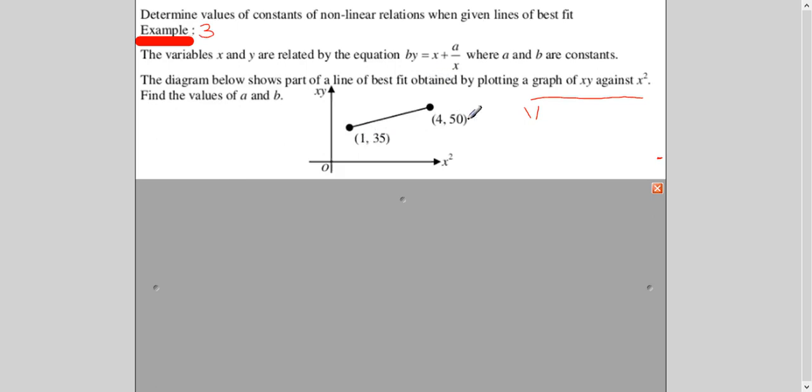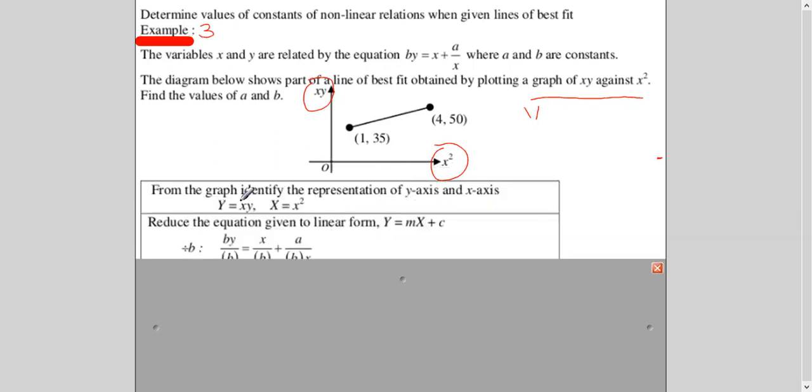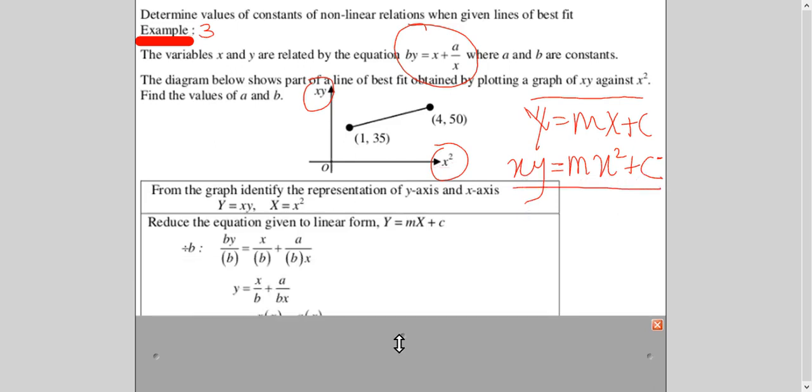Just take it as xy, plug in here, solve simultaneously, and get the values of a and b. No, this is not my x and y. This is my x squared, and this is my xy. Depends on what you have here, right? So if I write this equation in the linear form, it is written here, y equals mx plus c. My y is xy, m I don't know, x is x squared, plus c. So let me rearrange this given non-linear equation into a form where I can get this. Okay, so we are manipulating it here.